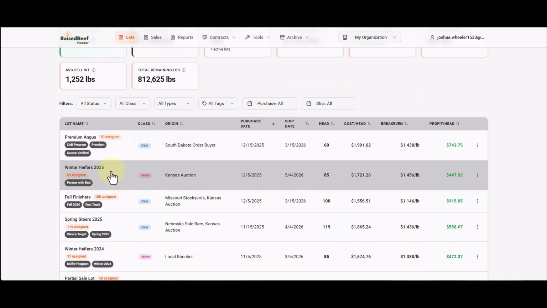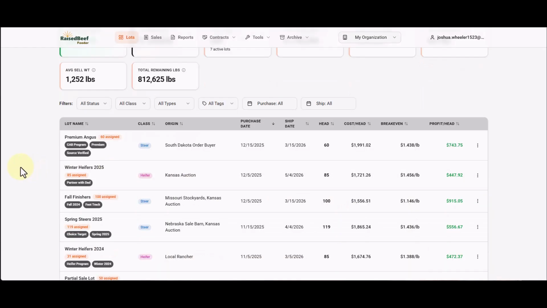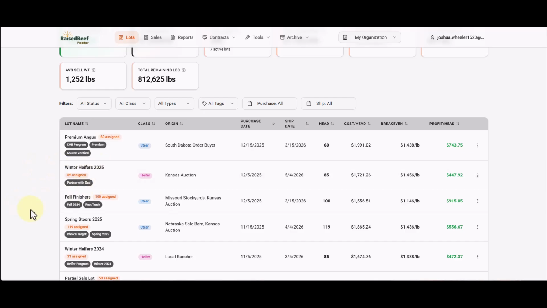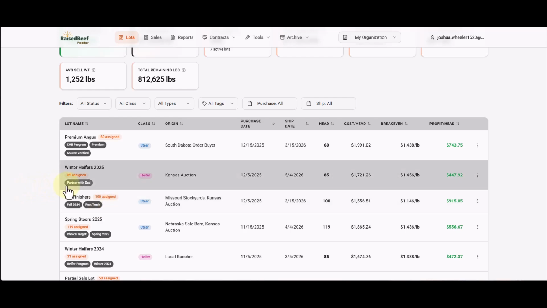Once your lot is created, it falls onto your dashboard here. You can see my winter heifers 2025 that I just created. I've got 85 head assigned. I can see I partner with Dad on this one. It's got my class, my origins, my purchase date, ship date, how many head I bought,